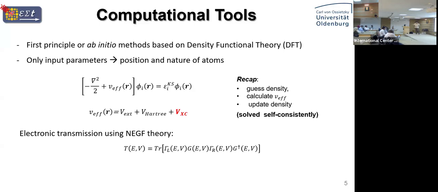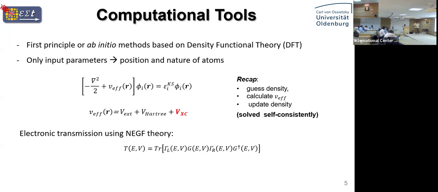have a device for which we will calculate the transmission. So essentially, you have two electrodes and a scattering region in between. So the transmission is that the electron goes from the left terminal to the right terminal. The current flows through the system. So there you actually need three parts of your system. You need left, right, and the scattering region. So for that, you need to build a modified Hamiltonian.